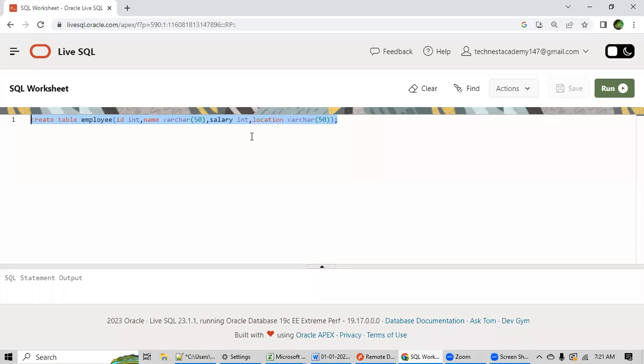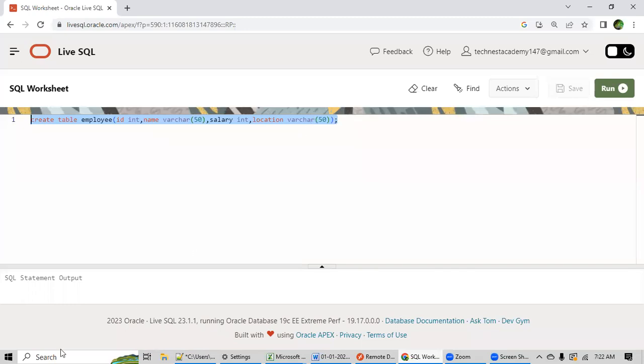Okay. So now this is the syntax to create a table. Once you have created it, here you have to give comma after each and every column. ID, int, then comma. Then name, varchar 50, then comma. Okay. And then you have to put semicolon at the end. The meaning of the semicolon is you are telling SQL engine that this is my query. I don't have anything after this. It means you are telling this is the end of the query.